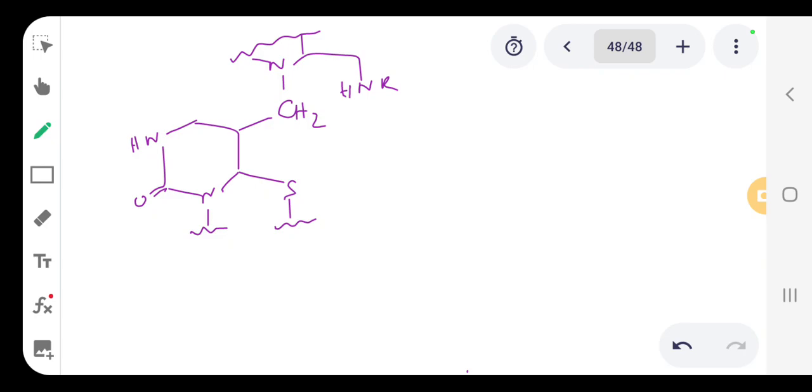So there will be a double bond O, and here will of course be a hydrogen. There are bases in our body which will take the hydrogen. Why? Because this hydrogen is very acidic. This is the alpha hydrogen with respect to the double bond O. That's why it is acidic. So it will open up, and after that,